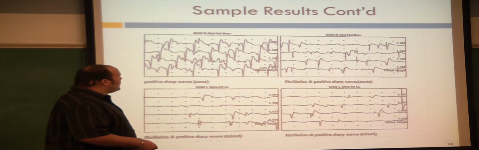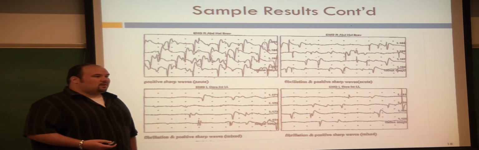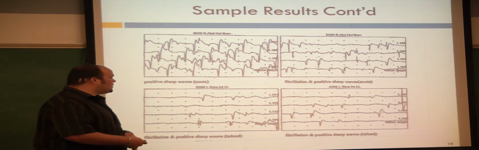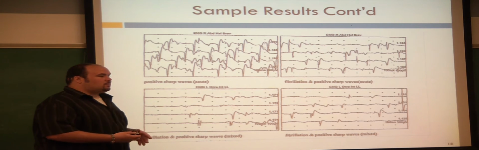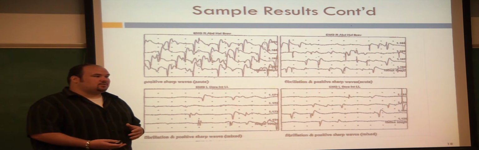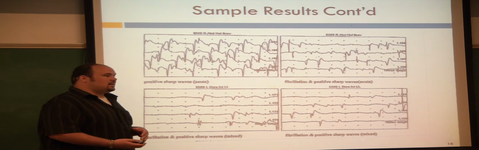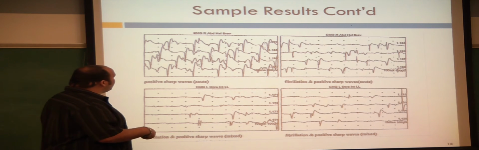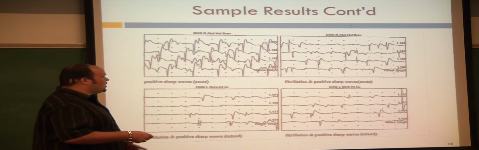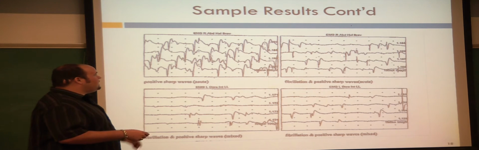and the positive sharp waves here as well. But neither one of those is enough to diagnose a nerve disorder or muscle disorder by itself. You want both of them to show up at once, because the fibrillation potential is a spontaneous action potential generated in the muscle, and that's what actually caused the nerve pain. And you can see that here you have fibrillation potentials and sharp waves, and this is in the right